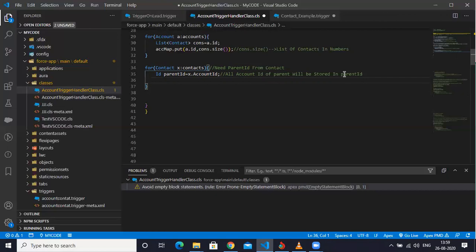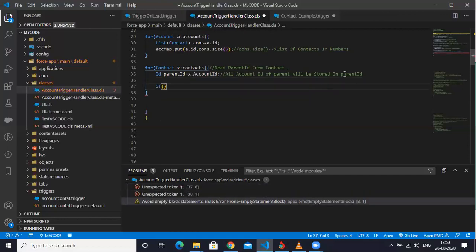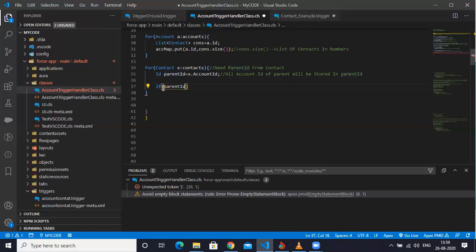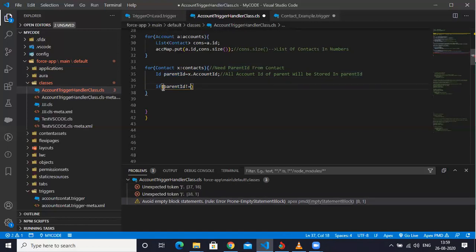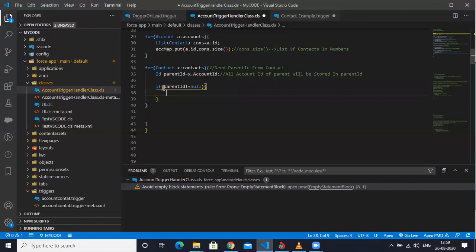The condition is something like that: if my parent ID not equal to null, okay, if my parent ID is not equal to null, then only this condition will fire. Now what will happen in this? And if it is null, what's the next step you're going to do?